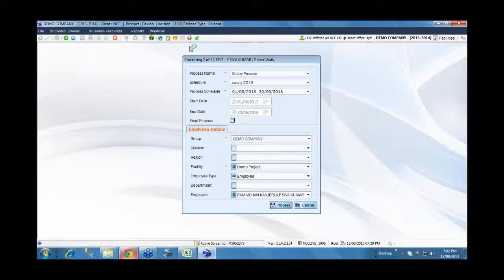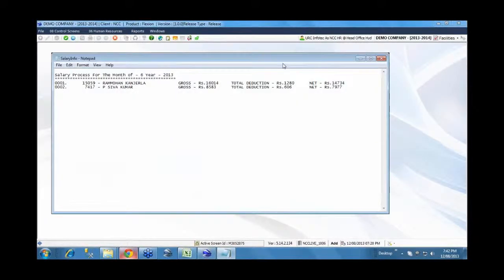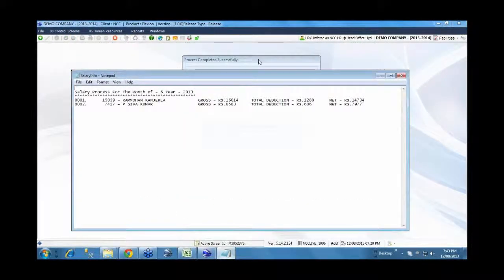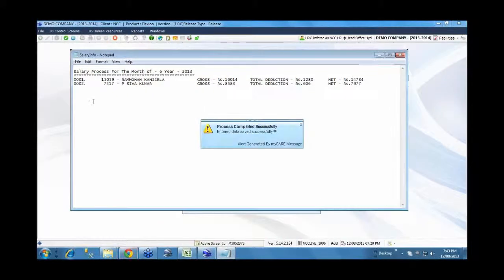And once you run this process, like we have chosen 2 employees, you can know the status as to what the current status is, like whether it's running for the first employee. We can know the progress also. And depending on the way it is paid, sometimes a statement is generated and sent to the bank so that the bank can do a direct bank transfer to the respective account. Or for laborers it may be a cash payment.